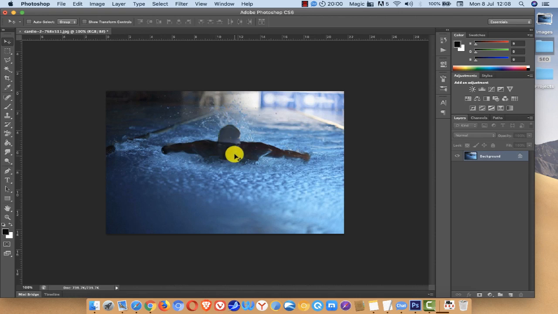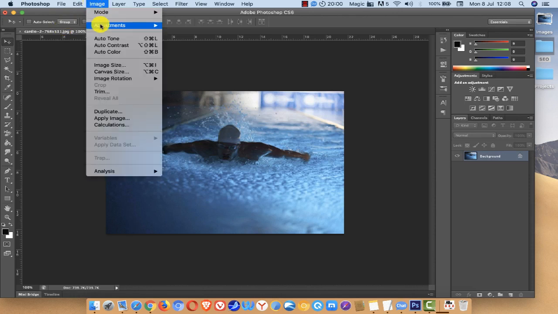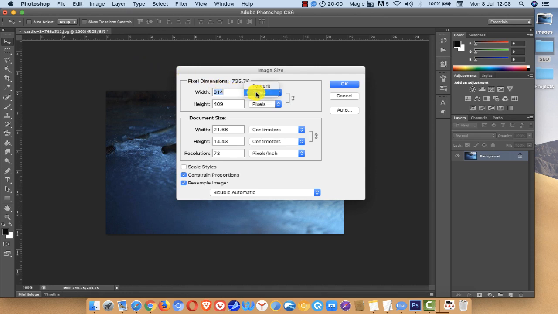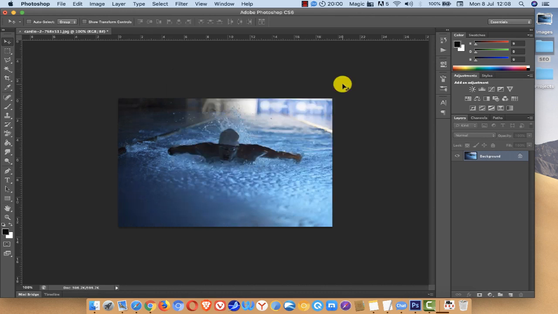But what I like to do is to put the image into Photoshop, and the first thing I always ask myself is, can I make the image smaller? Because the smaller the image, the faster it will load up, because it's using less pixels. So if I wanted to make the image smaller, I would go to image, go to image size, and then I would put this to percent, because it just makes it easier to work with. And then what I would do then, I would have a guess and say it'd be about 80 to 90%. So I'll just go with 90 at the moment,